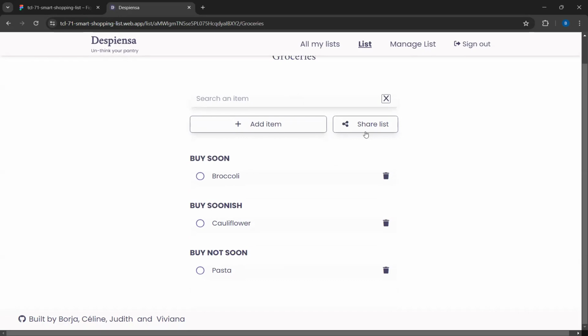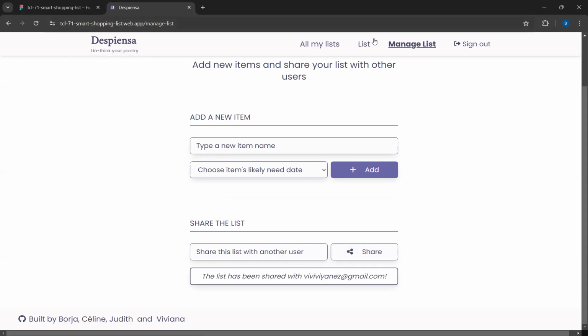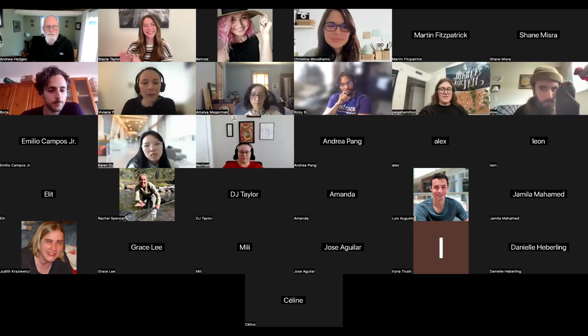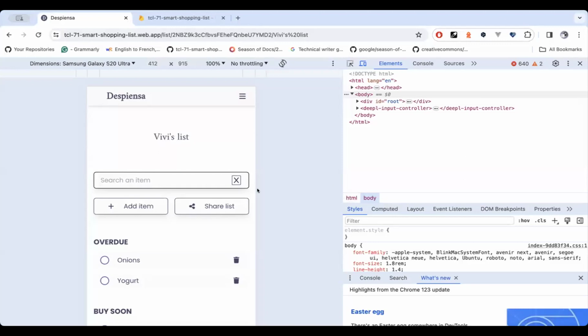And we can also share the list with a teammate. I will share it with my teammate Viviana, and she will take it from here. Okay, I will share now the mobile view of our app. So let me just share my screen. Okay, now we are seeing